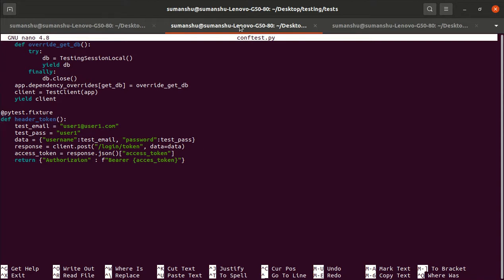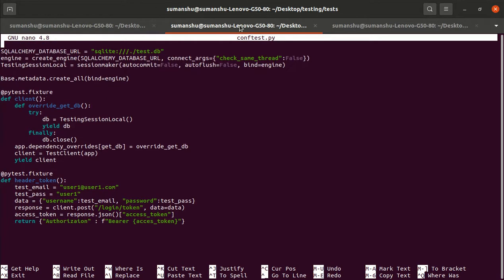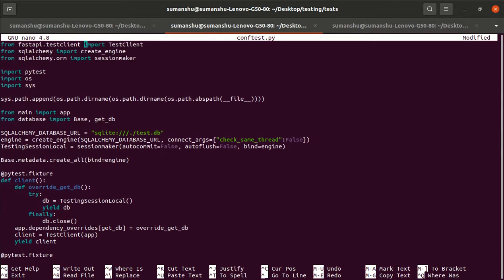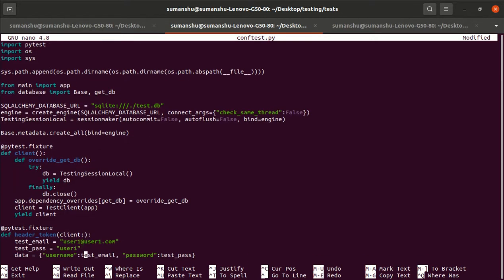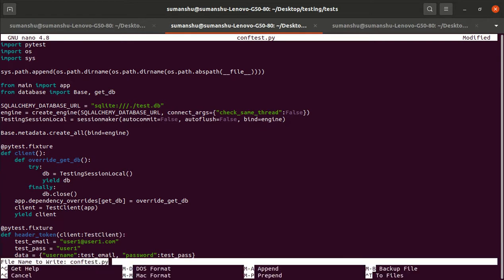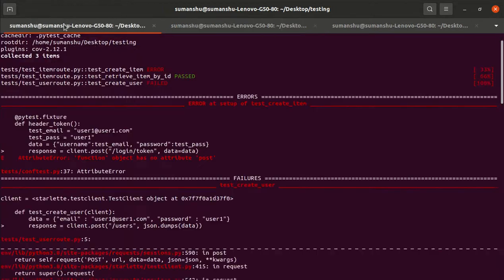Okay, we have not defined the client, so we have to define the client here. The client is of type test client. I think now it will work.